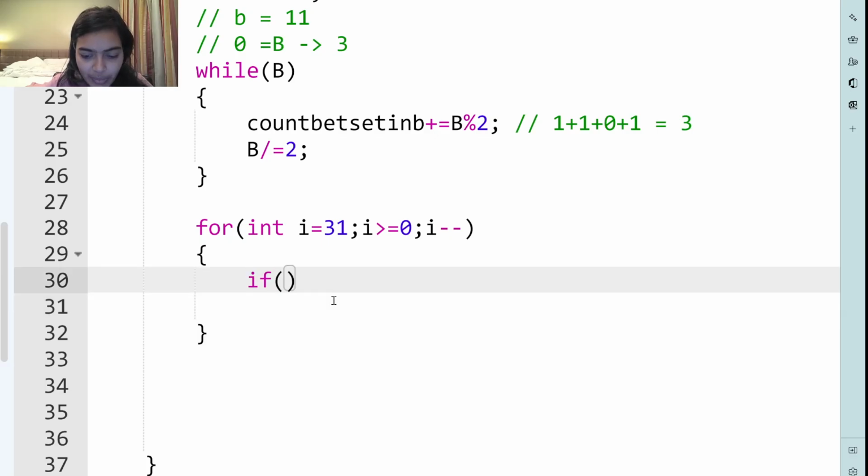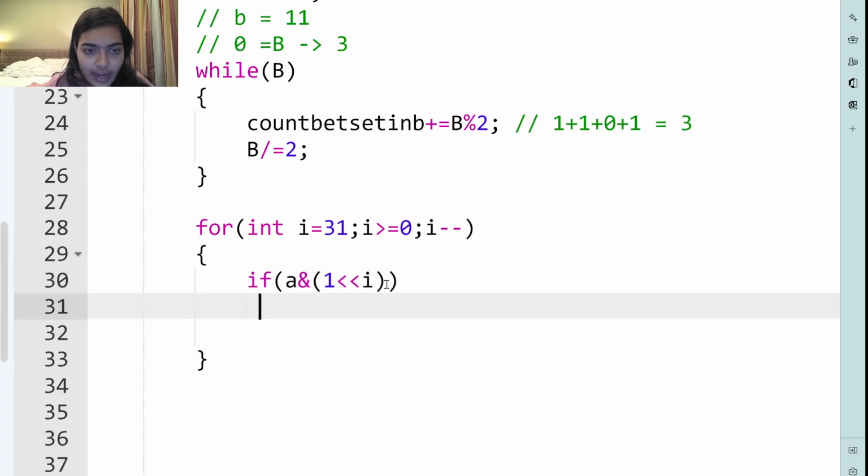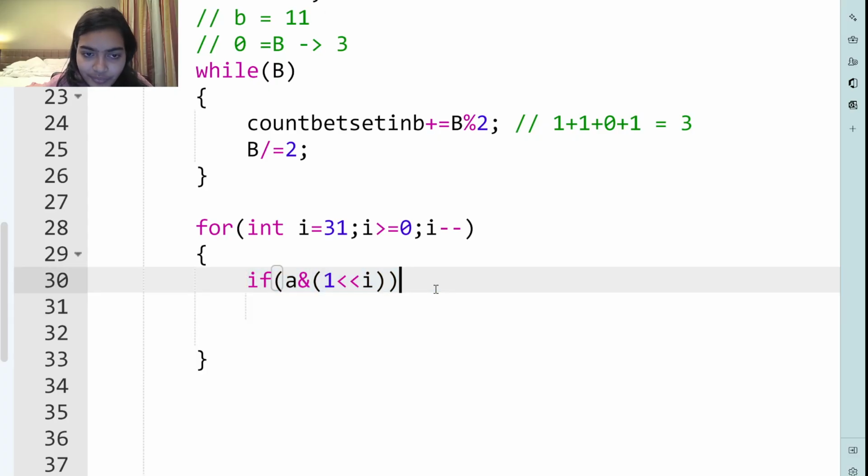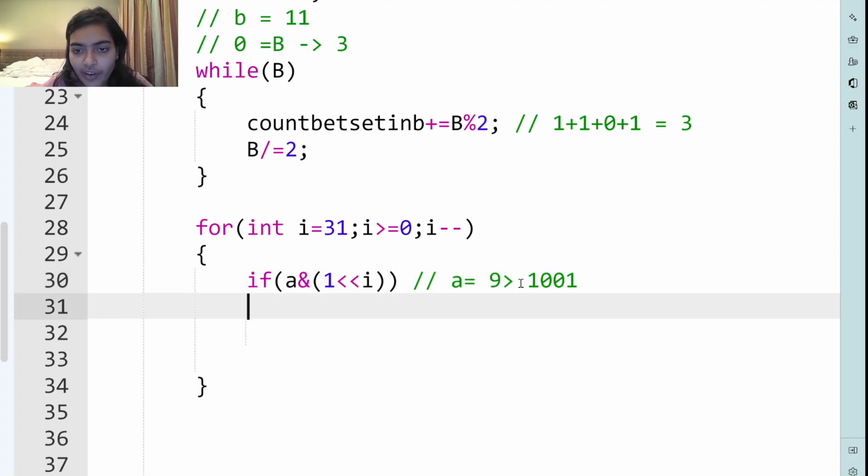How will I find if the bit is set in a? Very simple. Let me try to explain what I've done here. What is our a? Let's take an example. For example, a is equal to 9. So what is the binary representation of a? A will be 1001, right? This is 9. So what I am doing, I am finding out if this bit is set in a or